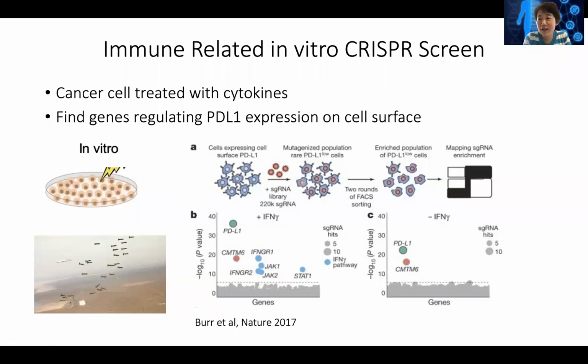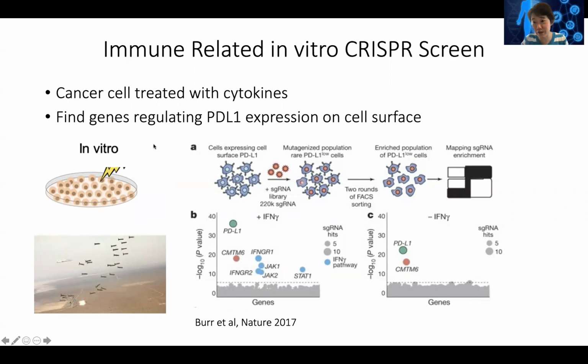Turns out the cancer immunology community is very cutting edge in terms of technology adoption, and they are among the pioneers to use CRISPR screens. And there are many CRISPR screens used in immune-related studies to answer many interesting questions. The first one is in vitro CRISPR screen, meaning that we grow the cancer cells and you treat with a